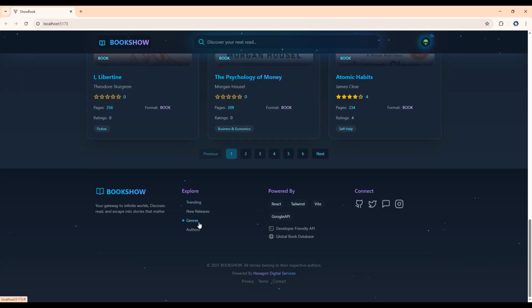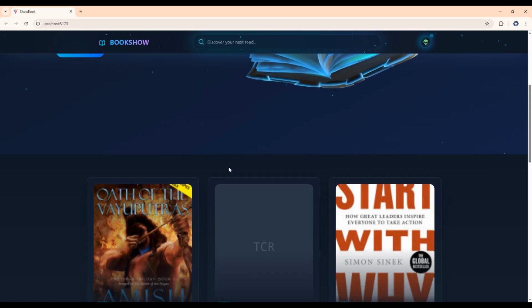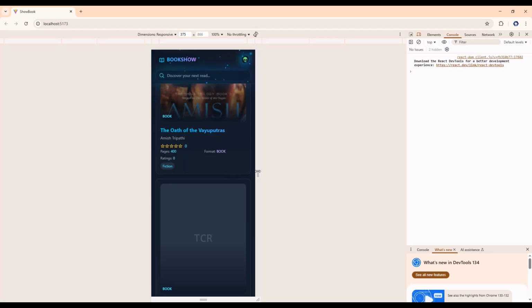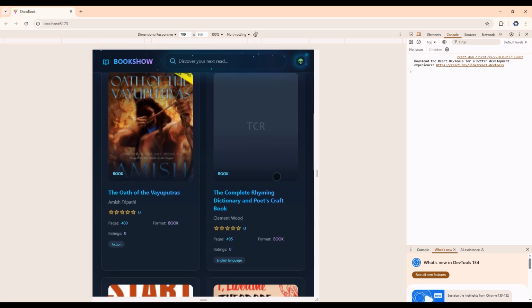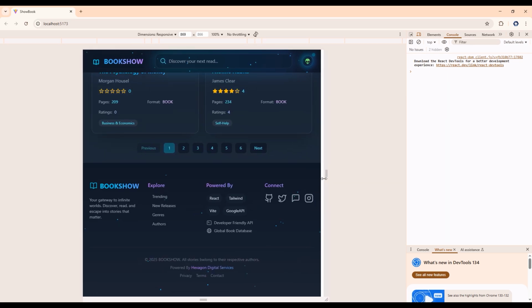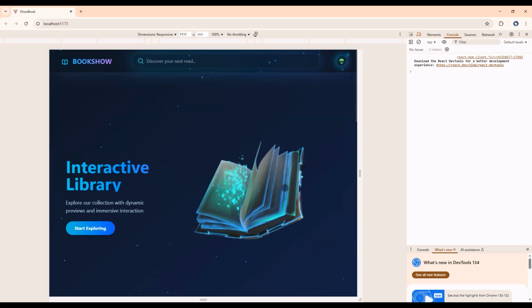Then comes a footer. This site is fully responsive for mobile and tablet view. As you can see,